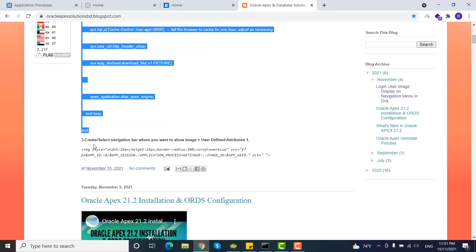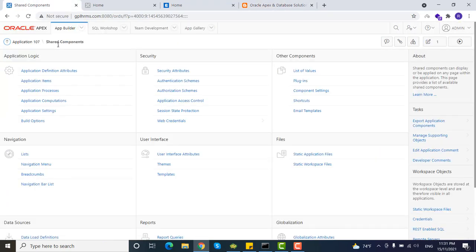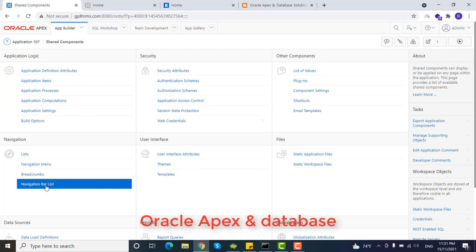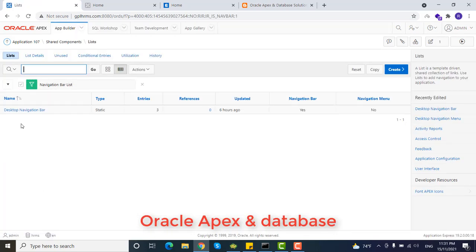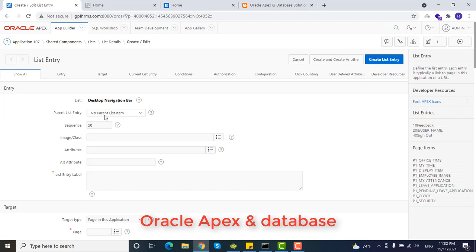Now we need to create the navigation bar where we want to show the image. From shared components, in navigation bar list, desktop navigation bar, create new entry.